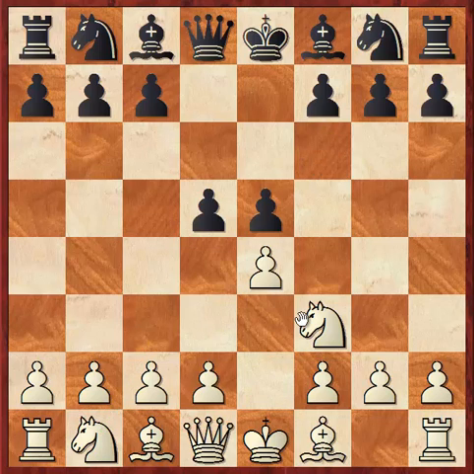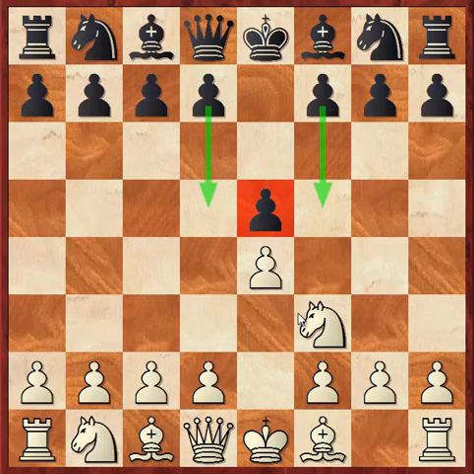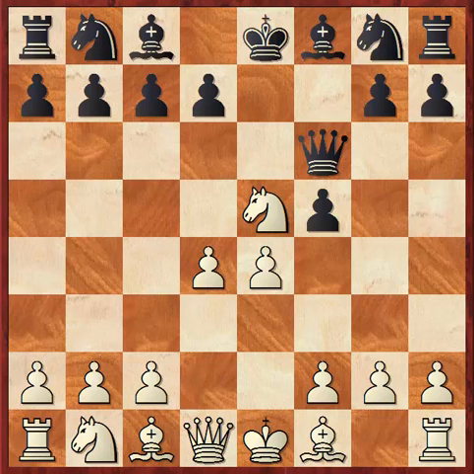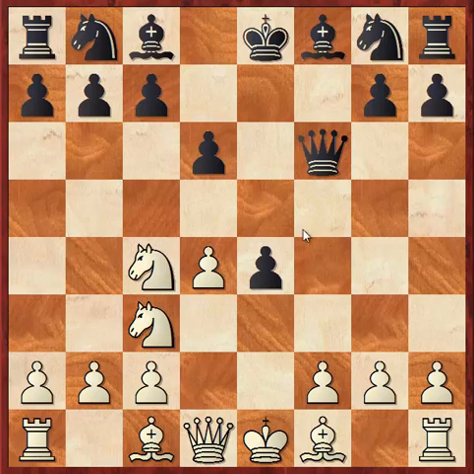So the elephant gambit's hardly ever played. I wouldn't expect you to get that. The Latvian gambit's a little more popular. Against this you can just take on e5. Now immediately you're threatening queen h5 check. So there you go, queen f6, attacking the knight, d4, d6, knight c4, takes, knight c3, attacking his pawn, queen g6,